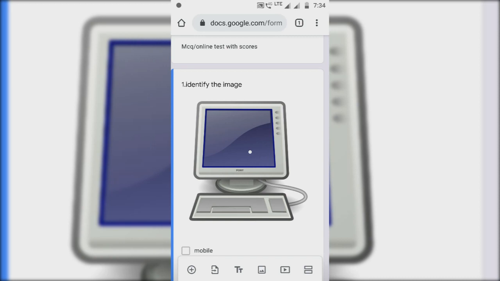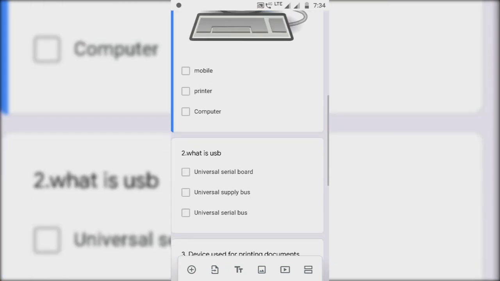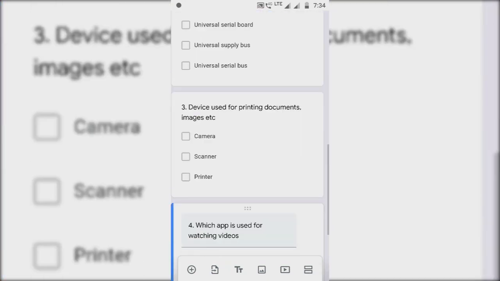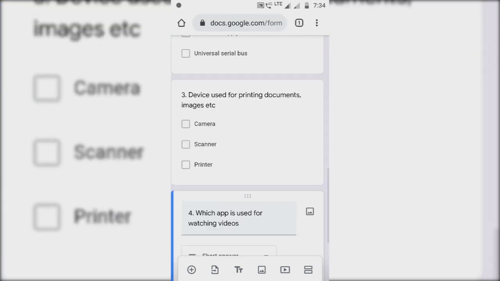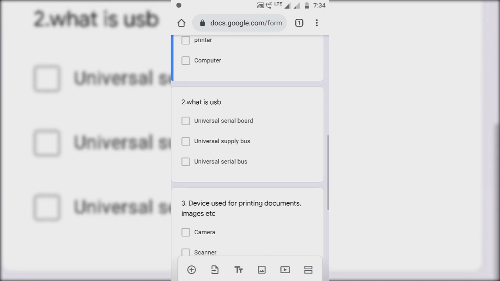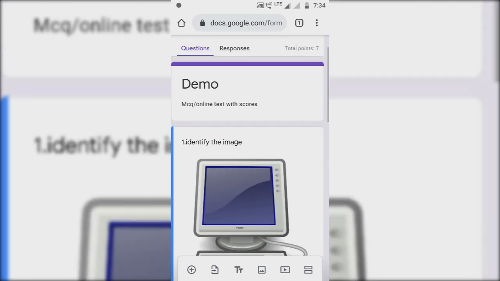with scores by using Google Forms. Now open the Google Forms from the Google Drive. Now after opening the Google Form, you can create the questions for the quiz or for the online test. You can also go to the tutorial for designing of questions from the Google Form from the link.